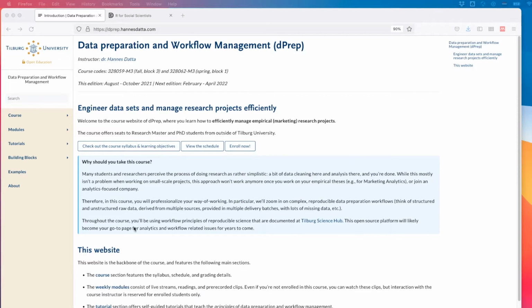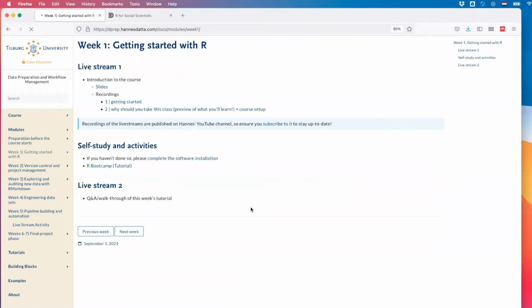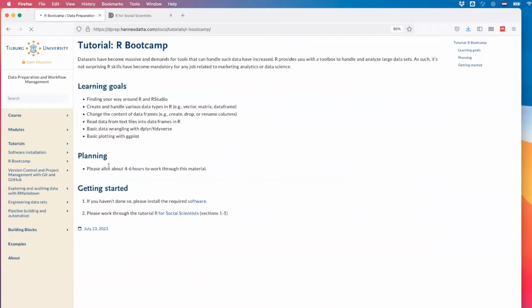I'll quickly walk through what I want to do today. So let's go to modules and getting started. The plan here is to walk you through this week's tutorial, which is the R bootcamp, and it gives you a little preview of what to expect.